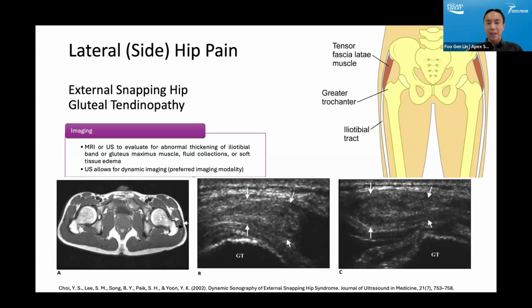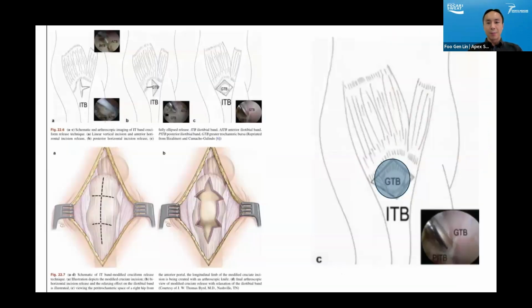So there are a few imaging tools to confirm the diagnosis, but it's actually a clinical diagnosis for external snapping hip. You just have to put your hand by the affected hip, and the patient normally can recreate that snapping himself or herself. So the surgical treatment for this is to decompress, meaning that because it's a very tight IT band